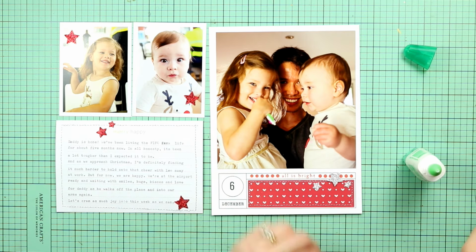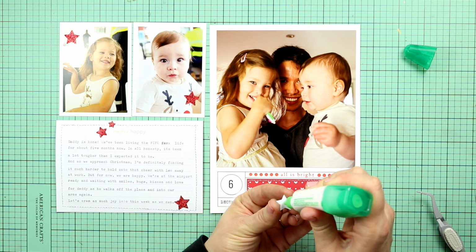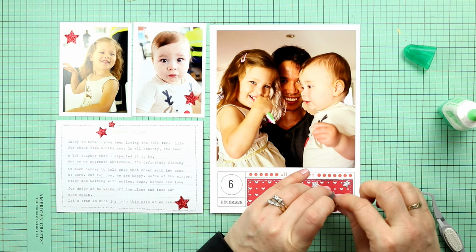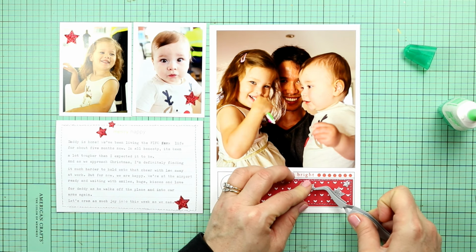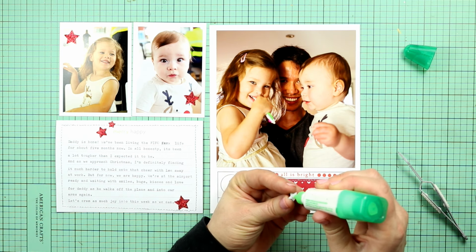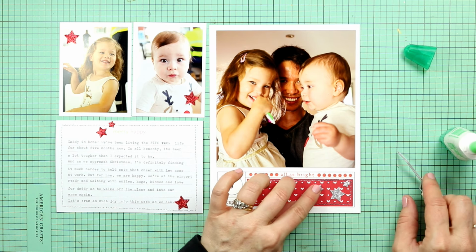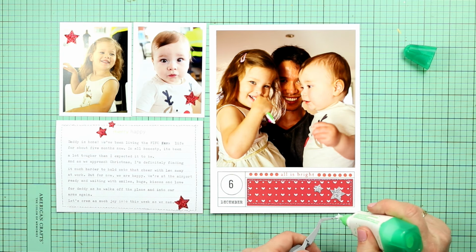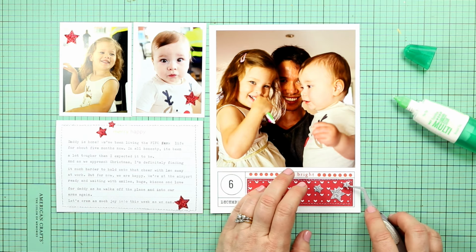And I've pulled out some silver glitter stars and a few red glitter stars, and I'm just going to use those to embellish the 6x8 page on the right, and then the journaling card and the photos on the left. So I'm just going to stick 3 of these little stars down on the right first, using some liquid adhesive and my trusty little tweezers, which I never used to use, and honestly it's changed so much for me since